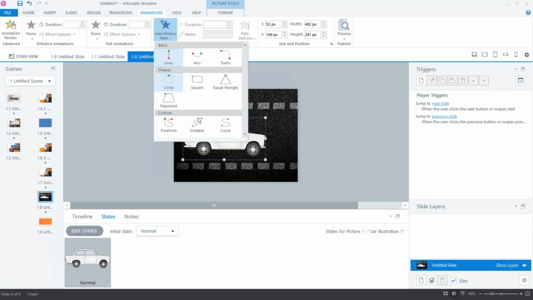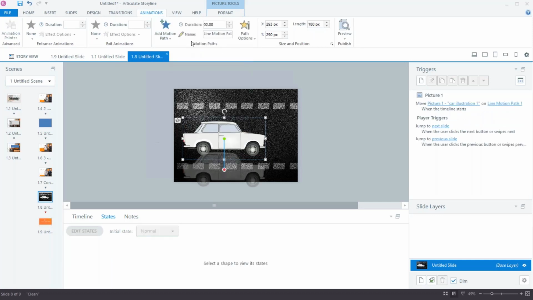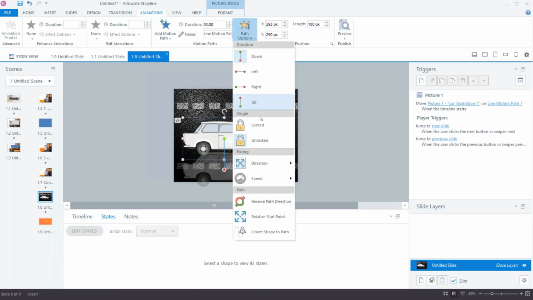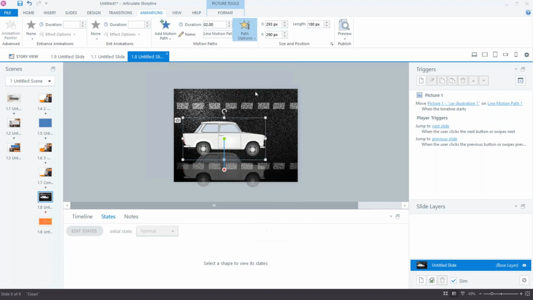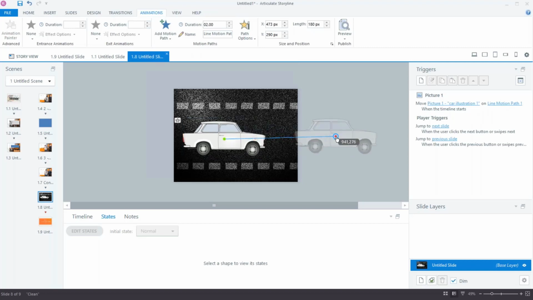And so a motion path, I could go in on the car and say, I want this motion path, and I want it to be to the right, and I want to grab this little button here and stretch it out, and it shows me where it's going to end. I want to set the duration, and then I can just say move it when it starts or when something happens or whatever. So again, a motion path can have that.